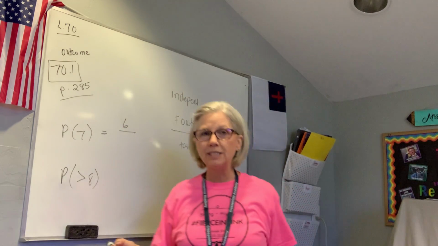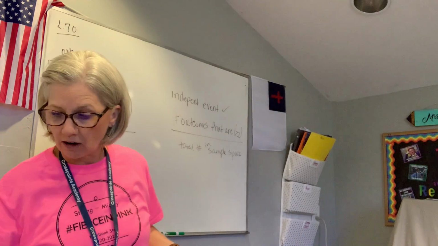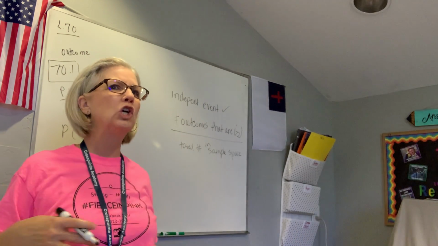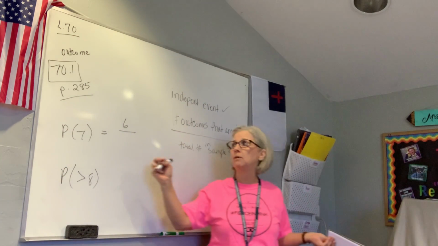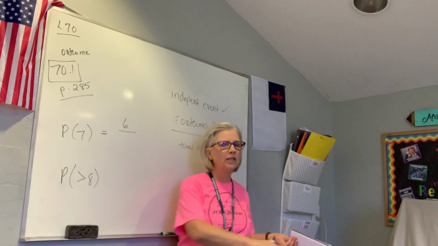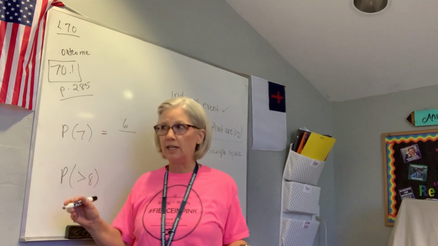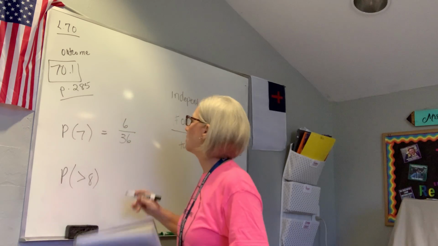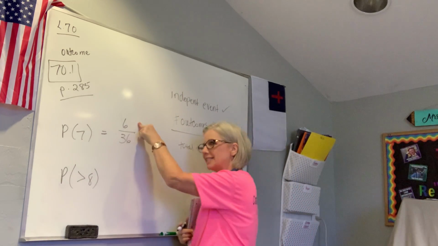How many possibilities are there of combinations? How many do you see on here? How many possible combinations could I get in any manner? Not necessarily a sum of 7. How many possibilities are lying on that chart you have right there? 36. 36. So the possibility that I could roll 2 dice that give me a sum of 7 are 6